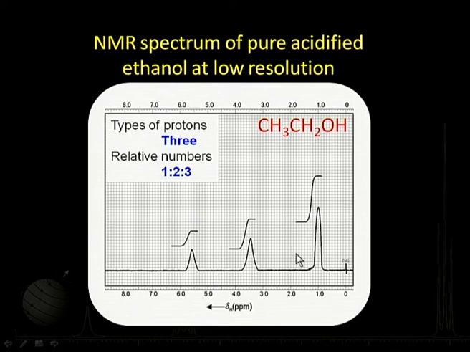And secondly, we also see from here, if you look at this so-called integral over here, this integral basically gives me the area under the peaks over there. So, this actually gives me the information regarding the relative ratio of them. So, what we see is that this ratio is 1:2:3, and we can very well see from here that it is 1:2:3.